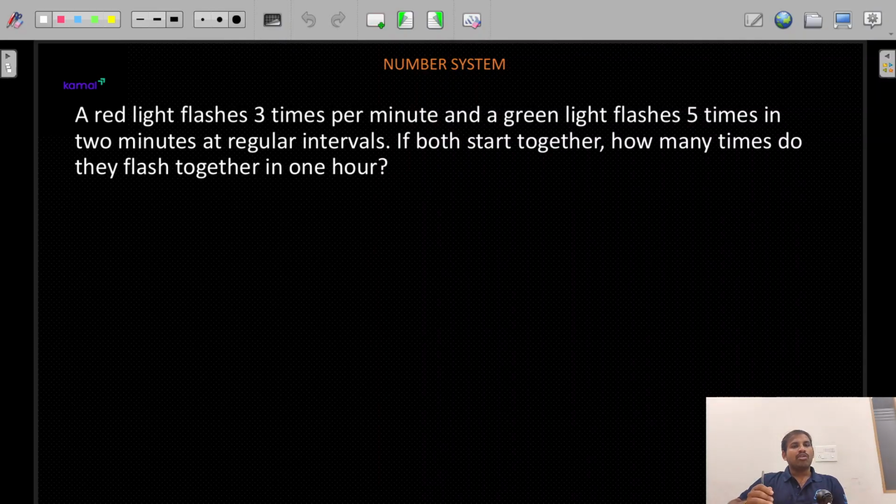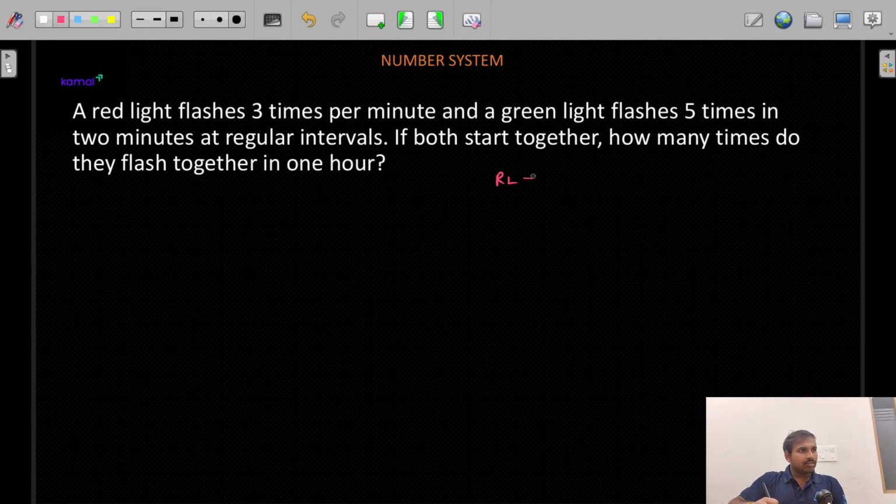If I know at what interval the red light and the green light will each flash once, then I can take the LCM to find the value. Why am I taking the LCM? Because the LCM of two different times gives a common time that happens for both the events. So here, the red light